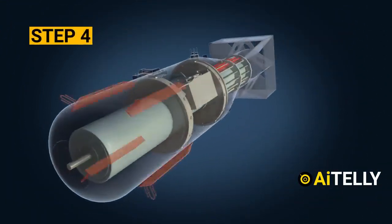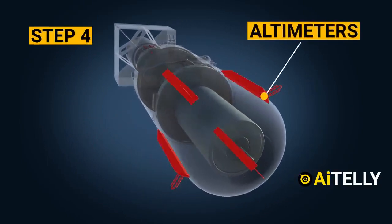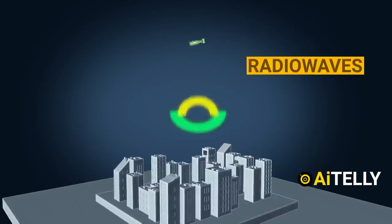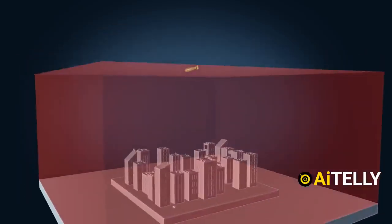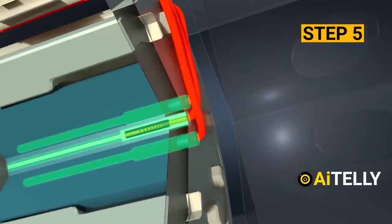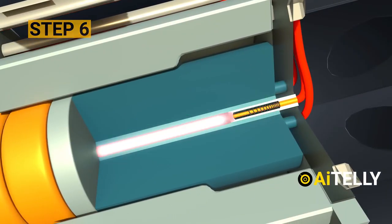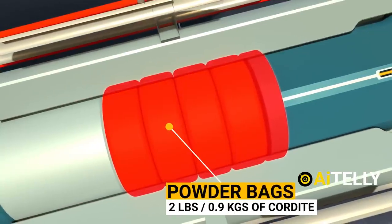Step number 4. To ensure accurate detection of final altitude, multiple radar altimeters were utilized. This process involves measuring the altitude above the ground beneath the aircraft or the Little Boy through the timing of radio waves travel, reflection, and return. Once the correct height was sensed, the firing switch activates. Step number 5. This ignites the 3 Navy gun primers in the breech plug. Step number 6. This sets off the charge consisting of 4 silk powder bags, each containing 2 pounds or 0.9